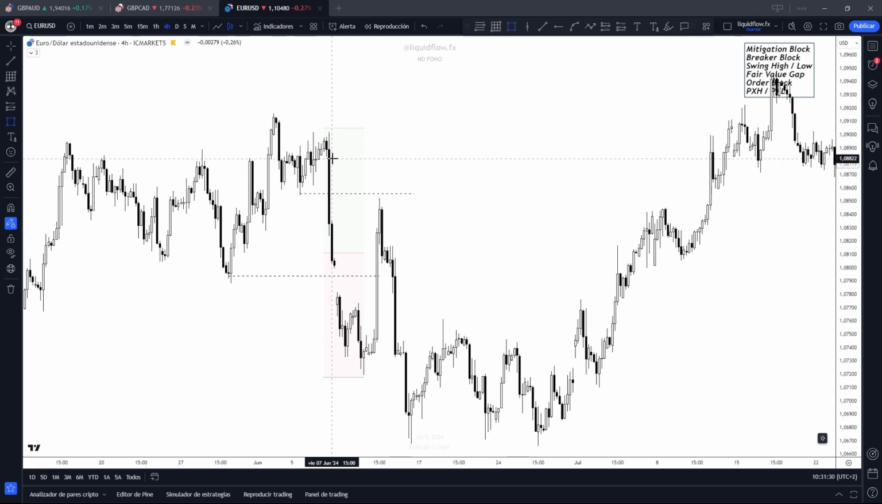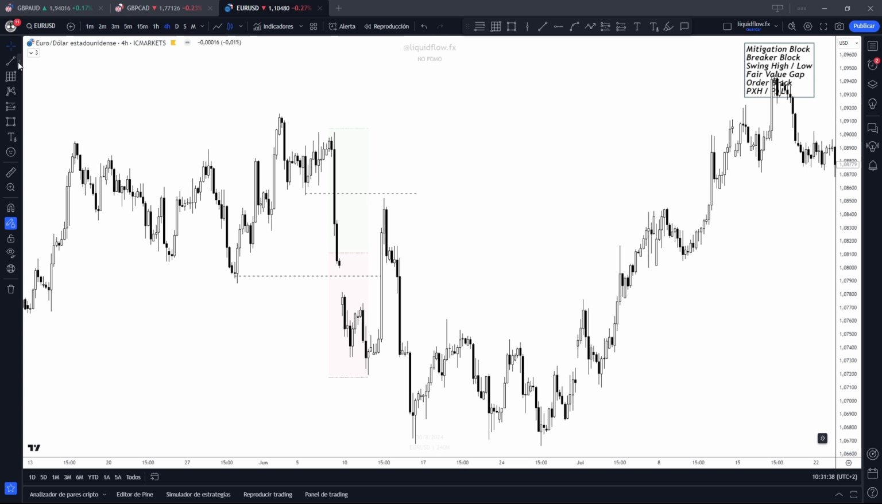And we have what? We have an order block. We have a fair value gap. Okay. So as we can see here, the market wants to go up, go down, go up again. And why don't I use this swing low as a new